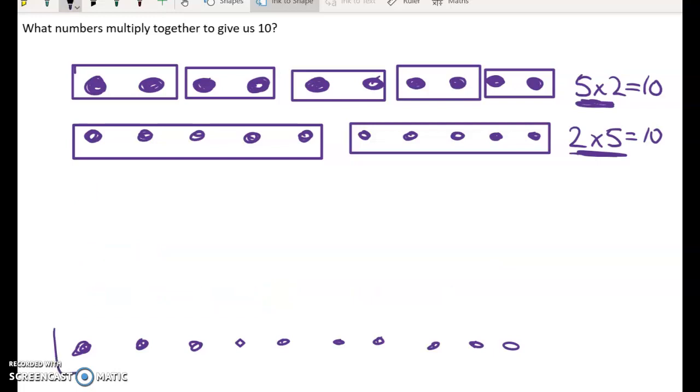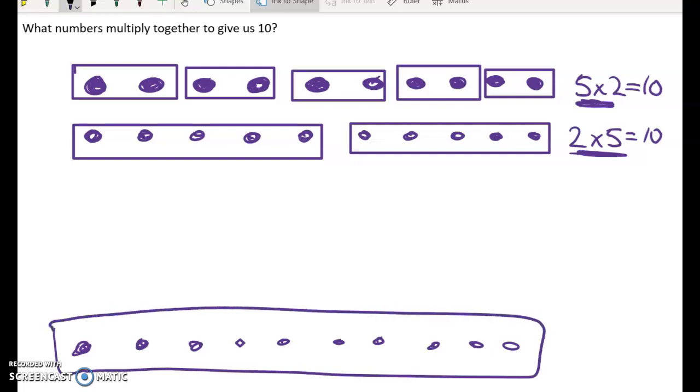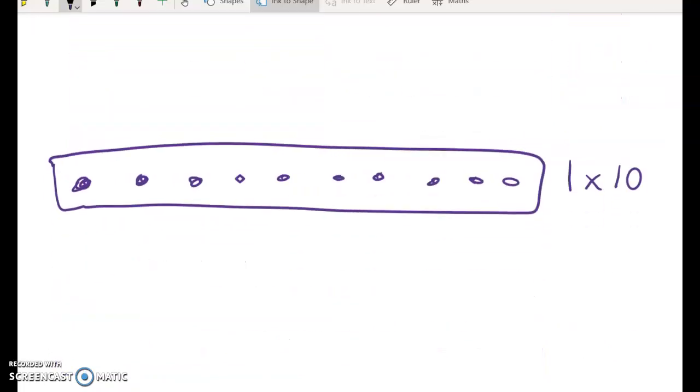And you can see that if I just put them into one enormous group, then I've got 2 more factors of 10. So one group of 10 or 2 groups of 5 will work. There'll be nothing left over. So the factors of 10